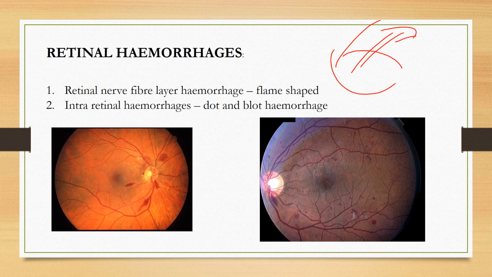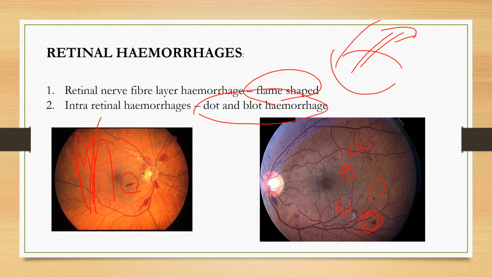That particular leakage is called retinal hemorrhage. Retinal hemorrhage can be further divided into flame shaped hemorrhage and dot or blot hemorrhage. These are the dot hemorrhages here. Okay, this is a blot. These are the dot hemorrhages, small dots. You will just see it as a minor dot. This is a flame shape. It will almost appear like a flame. That's why it is called flame shaped hemorrhage.